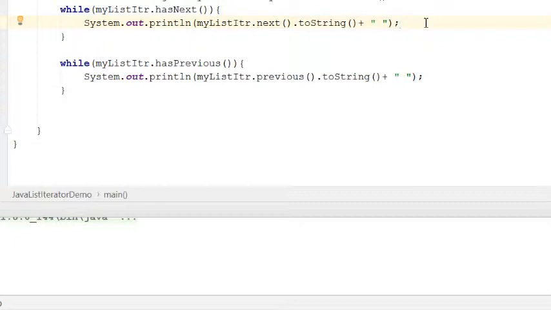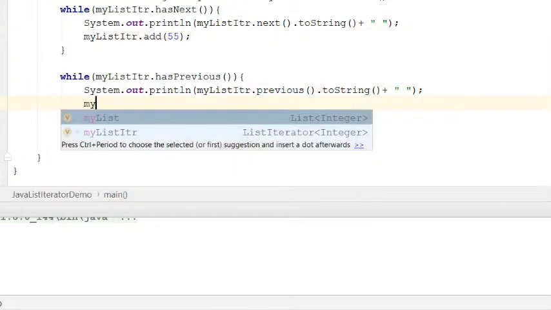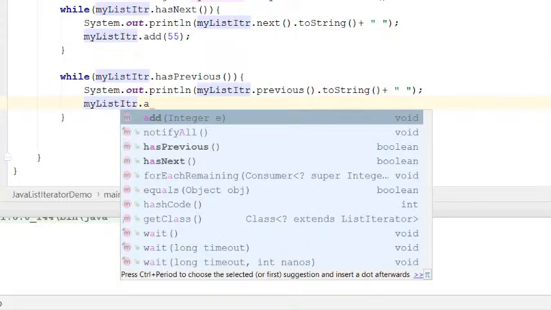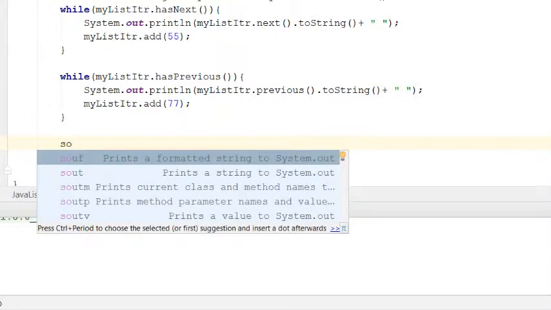Now since I know the index elements, I can take the listIterator reference and add a new value. We can make it specific, like 55. Similarly, while iterating previously, I can take the value and add a new element, make it 77. After these iterations, we just print